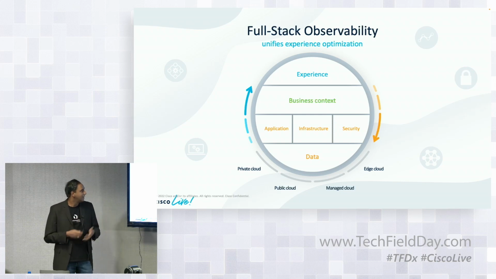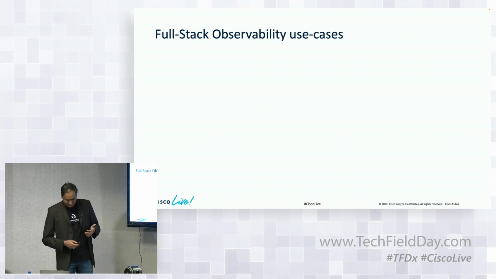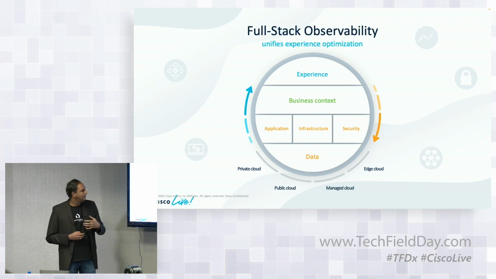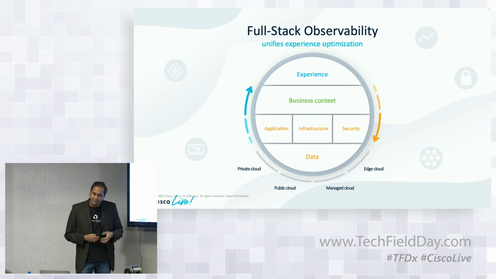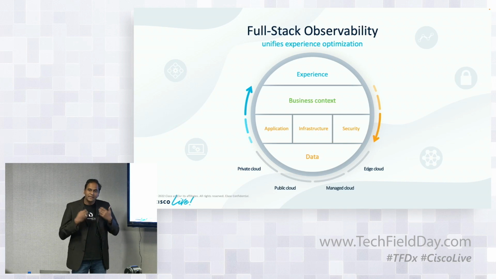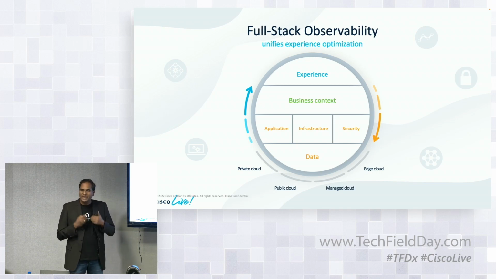So in Cisco, we have a view, right? We have a view that if you look at full stack observability, it goes all the way from the end user experience, but you need to be able to deep dive into the actual business context. And as you look at it, you are able to correlate issues, areas, performance from application, infrastructure, security, all the way down into the data layer. And the best part is we need to do this across private clouds, public clouds, on-prem and managed data centers, right? Giving that kind of a full stack observability view is the only way that we can focus on experience